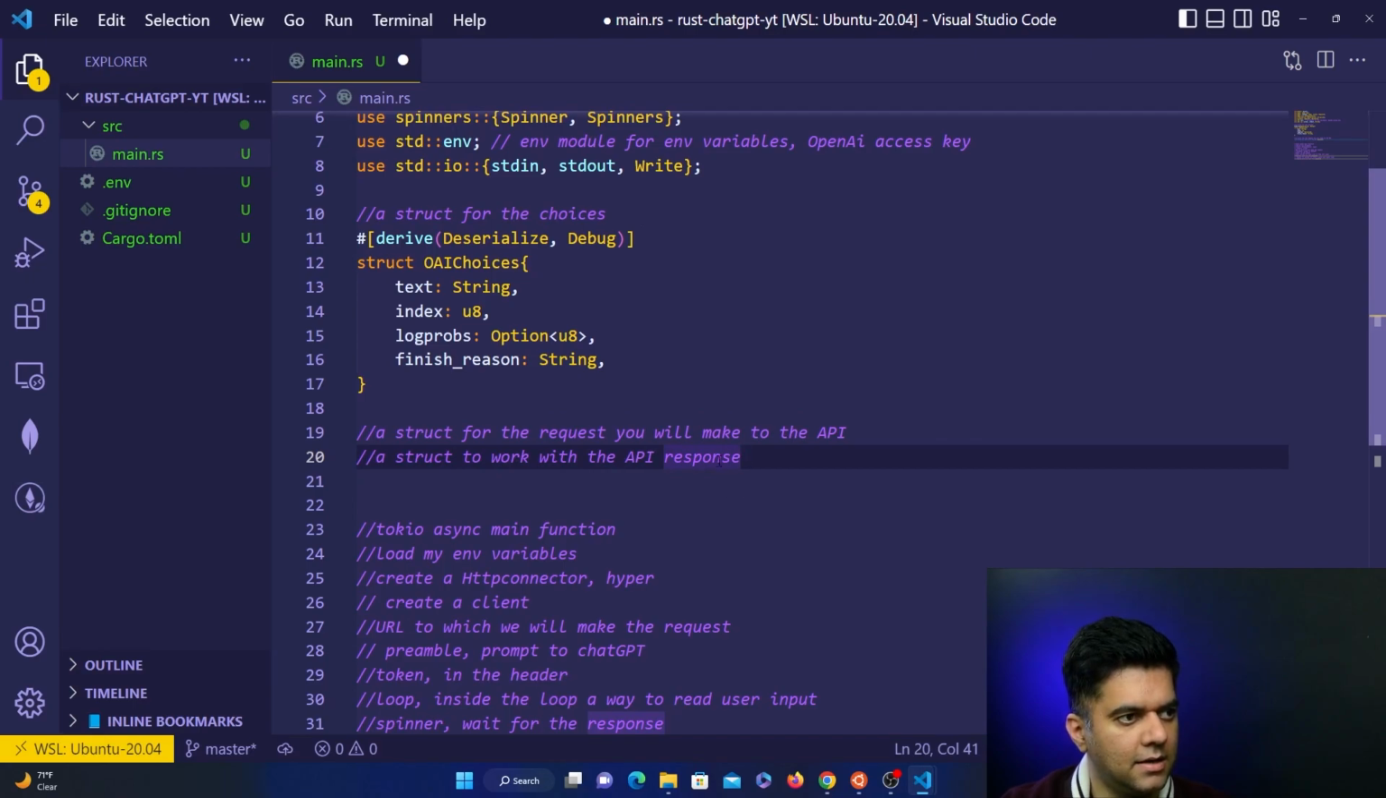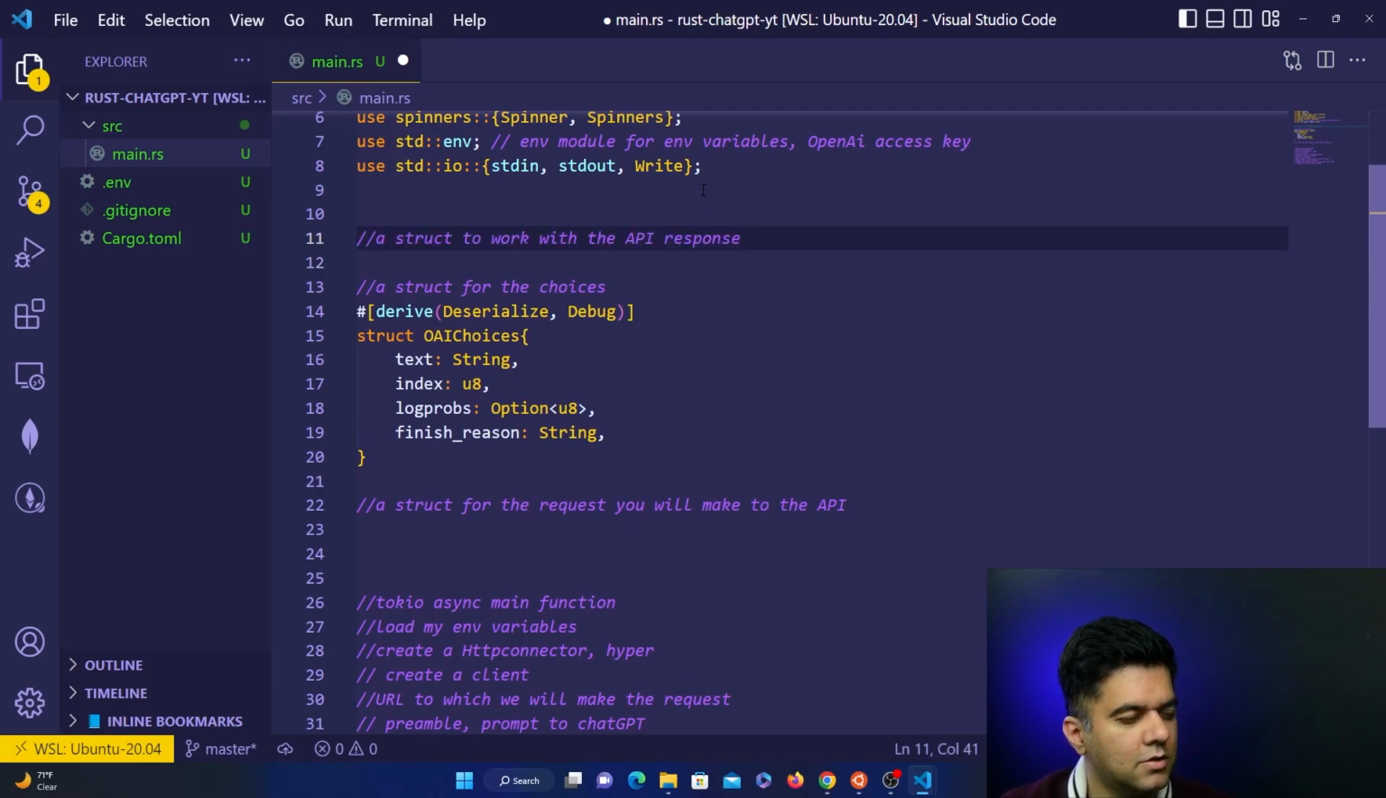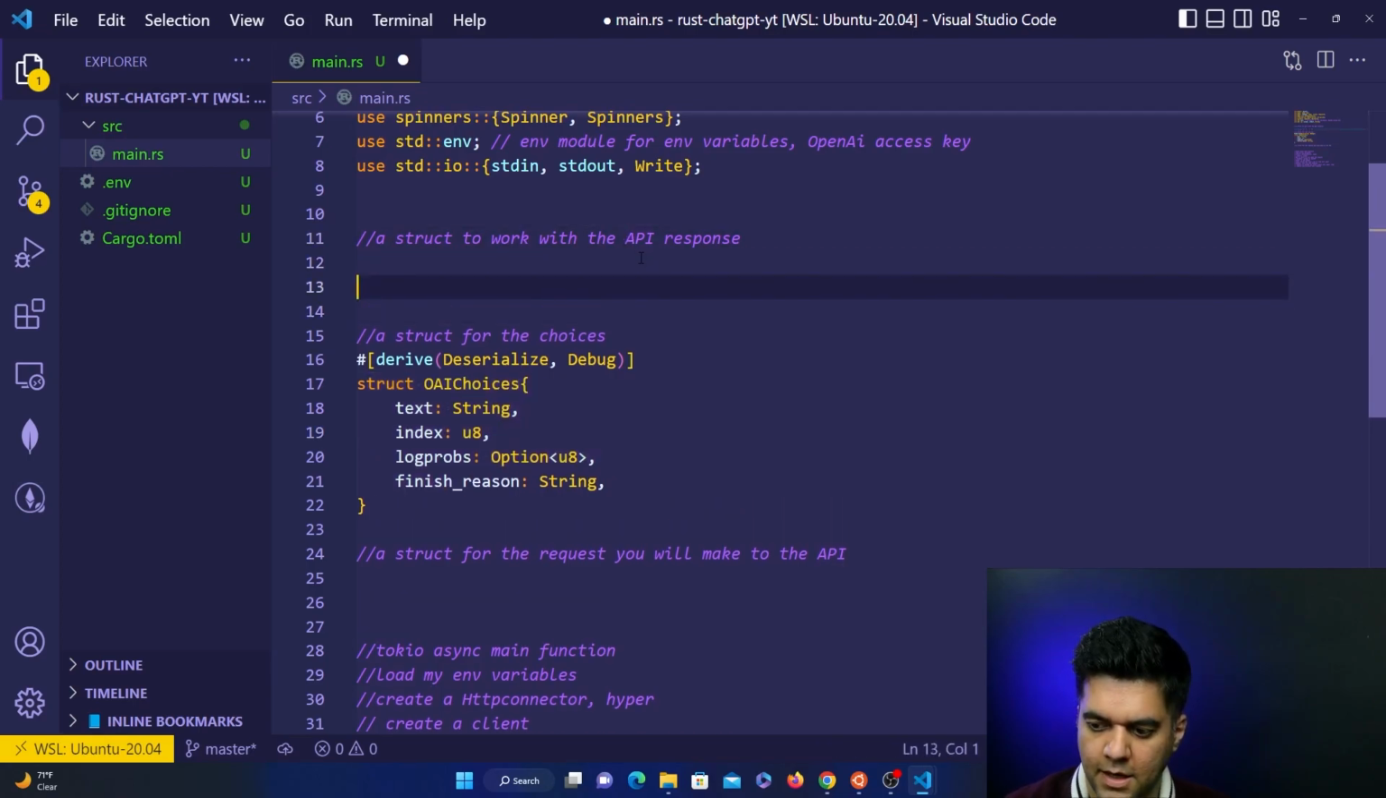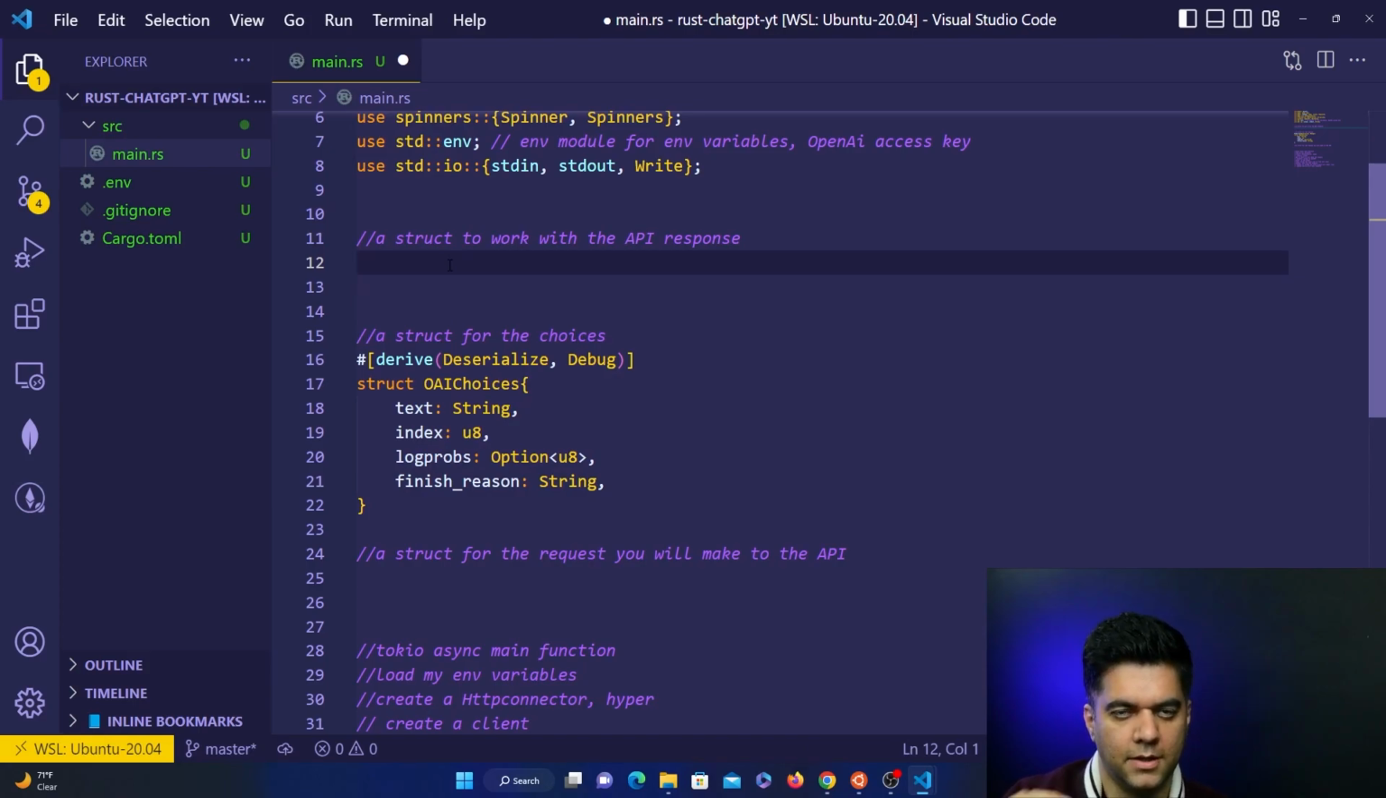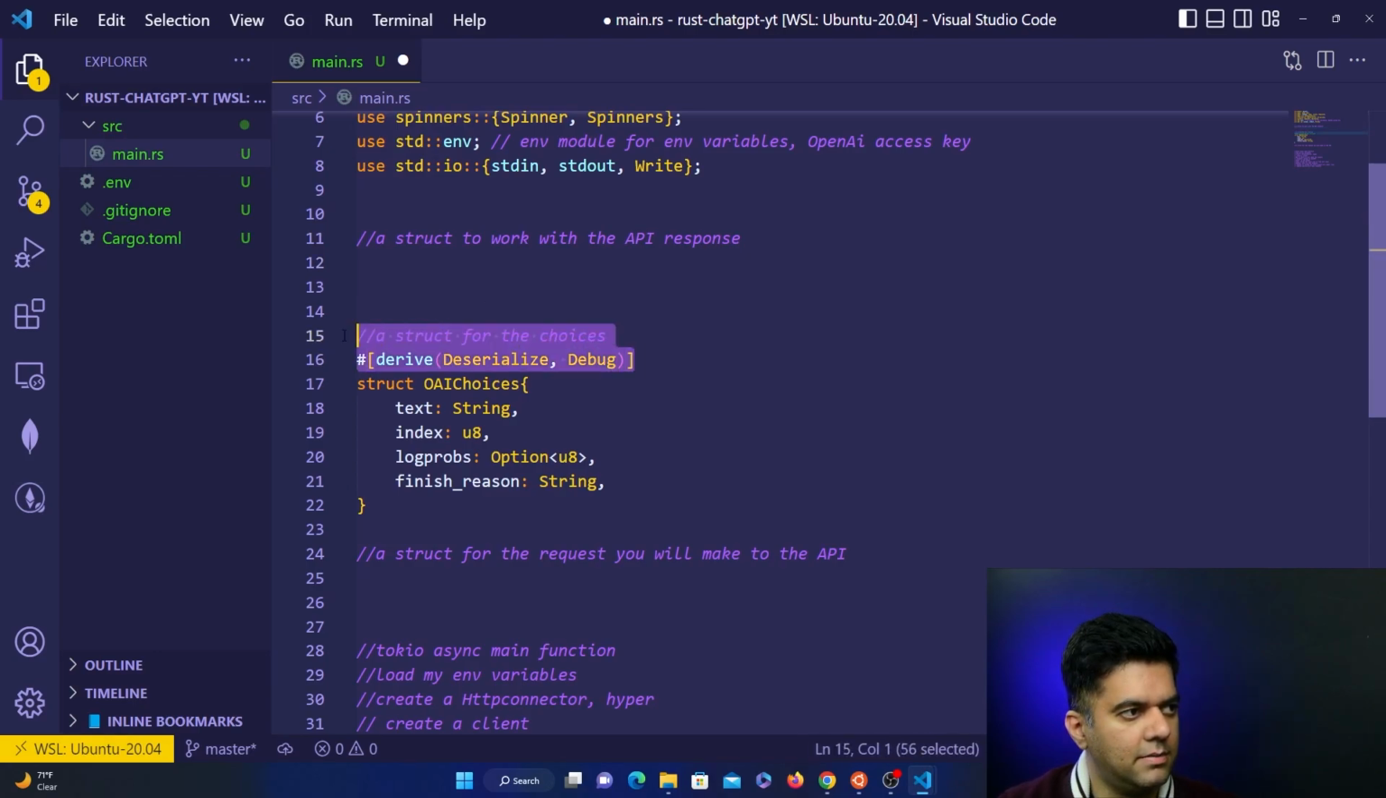That means the response is going to have a field called choices, and this is that choices. Basically, this is what that choices reflects. In case you've built with me the Golang project, you know about the choices: as a response you get back choices and you want to print out only a part of those choices. Alright, so for the response, I'm going to have the same line, deserialize, debug,